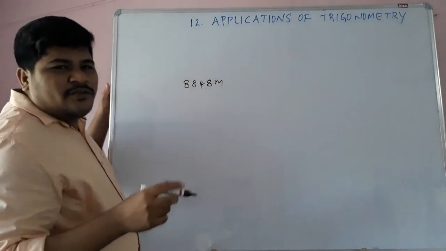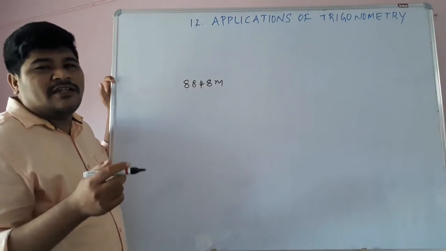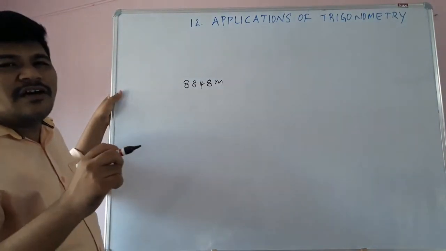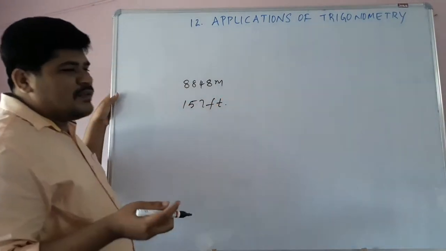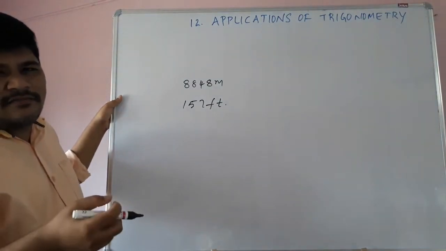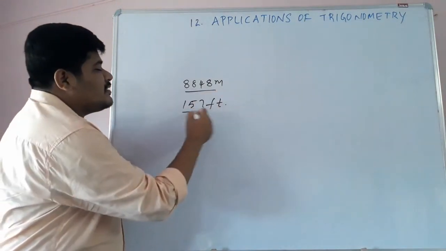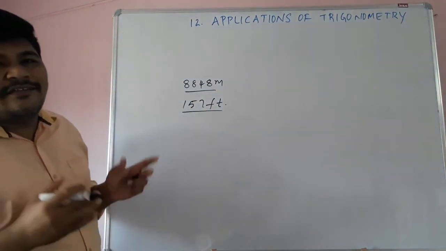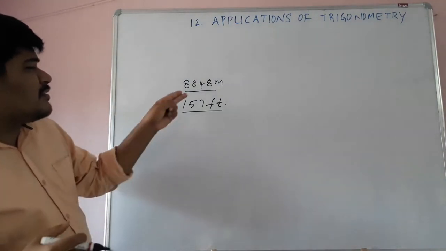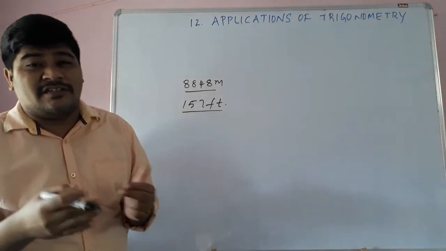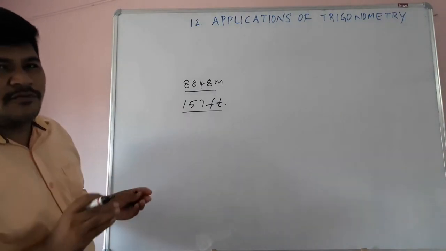8,848 meters. So students, I think you know about the Kuntala waterfall that is located at Adilabad, and the height of the Kuntala waterfall is 157 feet. Suppose we take a scale or tape, is it possible to measure this distance? It's impossible. To find the heights of the highest peaks, buildings, apartments or trees, we will use the trigonometry concept. So students, let's see how.